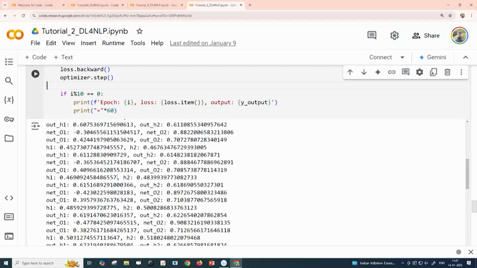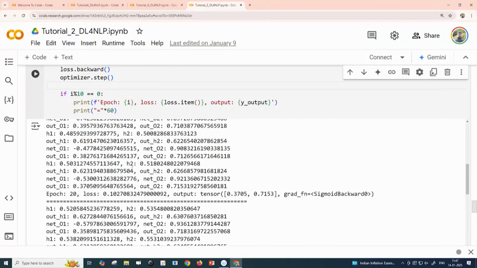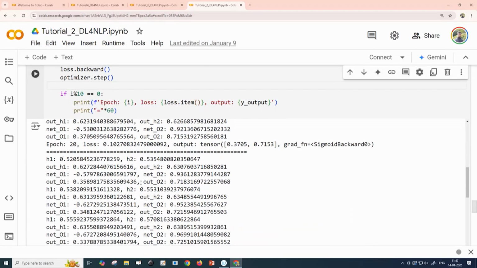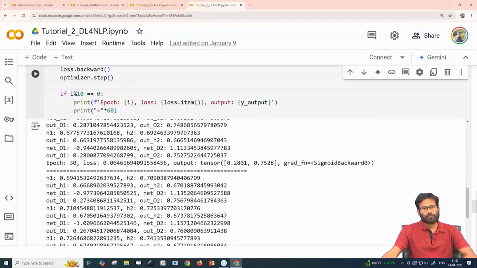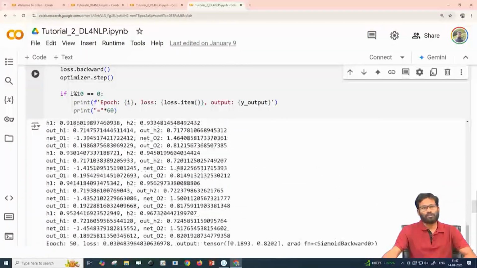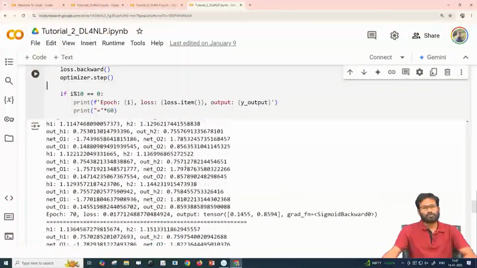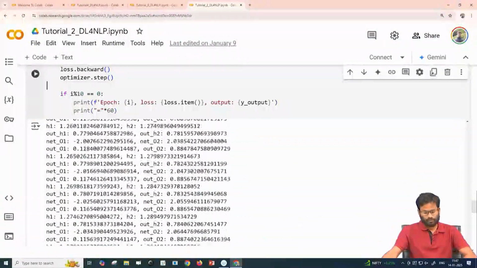After 10 epochs the loss is 0.17, and if you see the epoch 20 loss, it is again coming down, 0.10. Intentionally I have printed the loss only after every 10 epochs. I have also printed the output after each layer, like H1, H2, out of H1. I have also printed the loss till, let me check, epoch 60, 70,